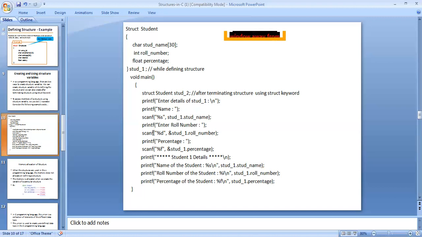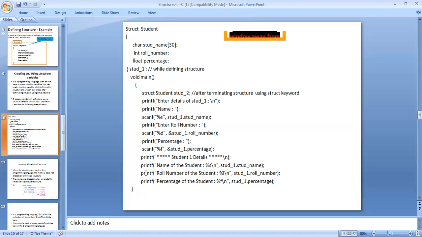Roll number is an integer, that's why we use the format specifier d and comma ampersand student1 dot roll number. Printf percentage. When you are using percentage, you have to use the float data type, and student1 percentage. Printf student1 details. Printf name of the student.